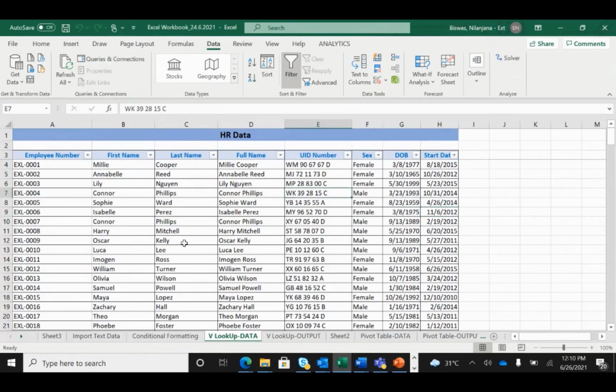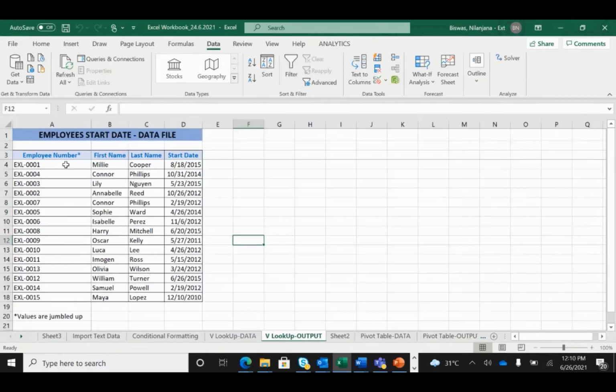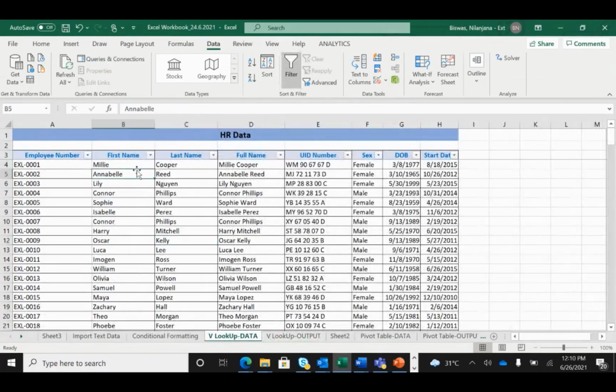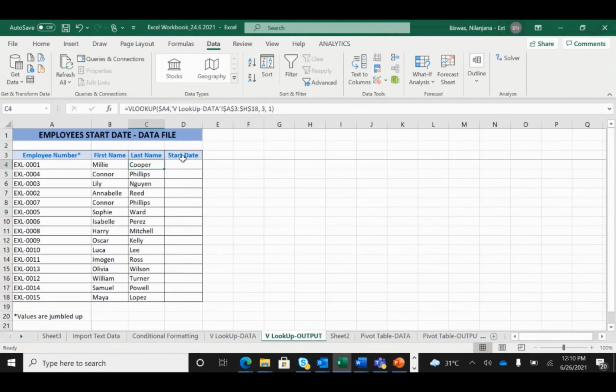Now, suppose this is one data that I have, and I have another data in a separate sheet, right? Suppose I don't have this start date there. The separate sheet has only employee number, first name and last name, right? Then for each of these employee numbers and employees, I want this column to get populated,